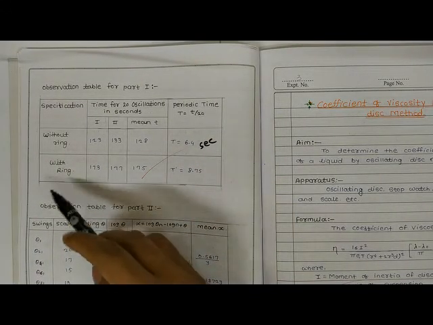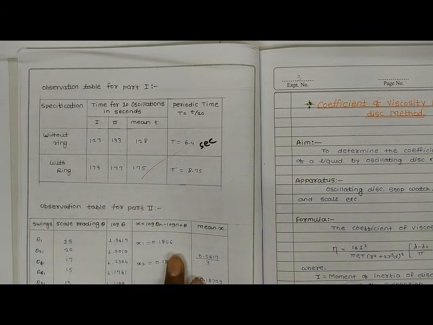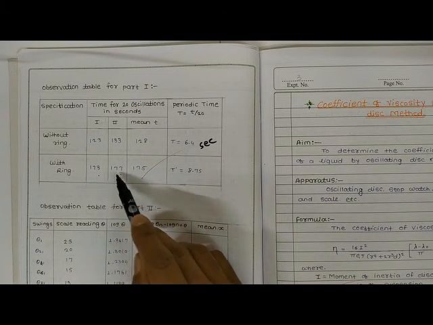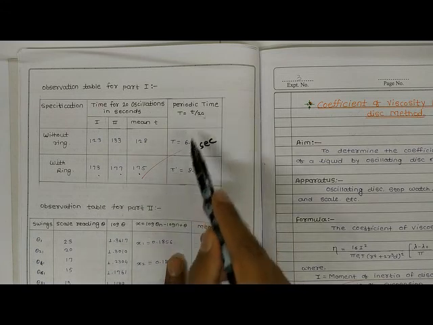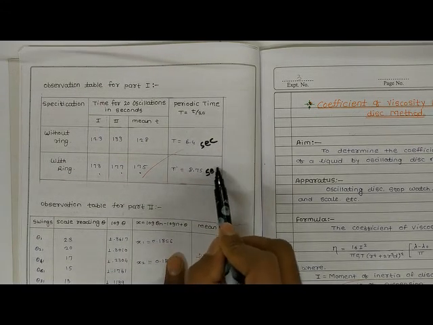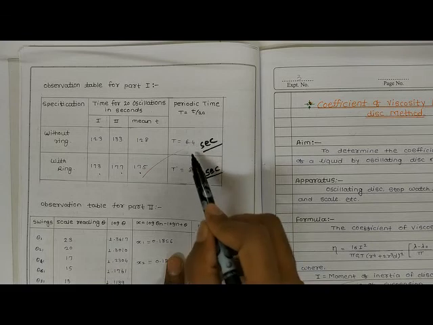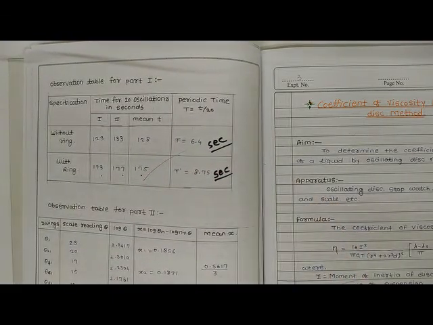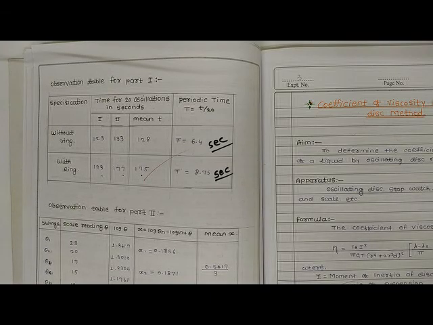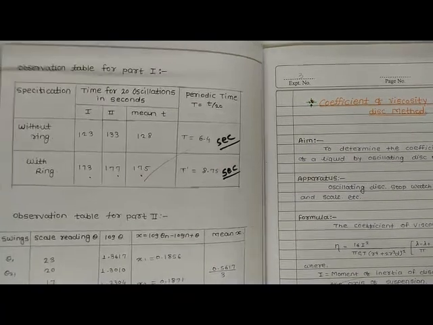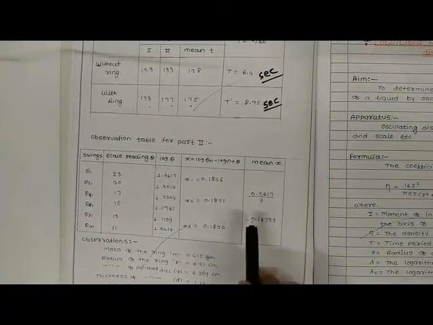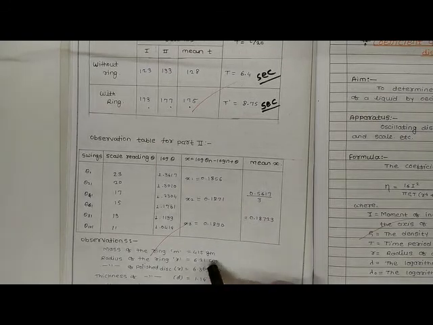But as I told you, as soon as we keep the ring, the inertia has increased because the mass has increased, and it will take more time. So take the two trials, again take the mean, and after dividing by 20 we get 8.75. So this is T and this is T dash, right. Once we have T and T dash, then we can find the I, but first of all we will take the second part observation table also. In the second part what we actually have to find is the logarithmic decrement in the